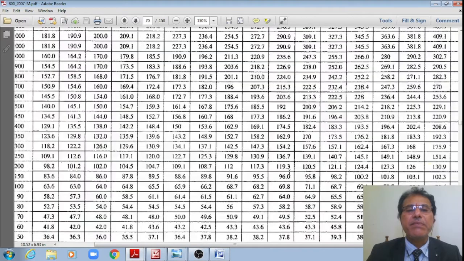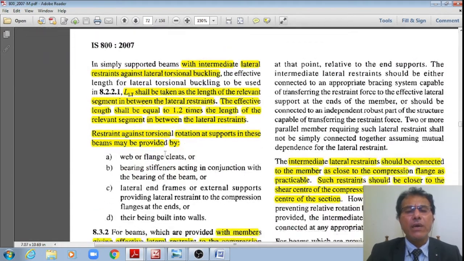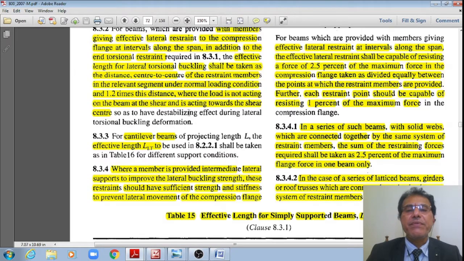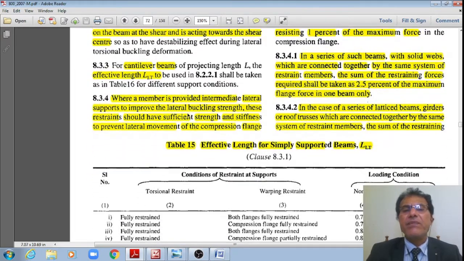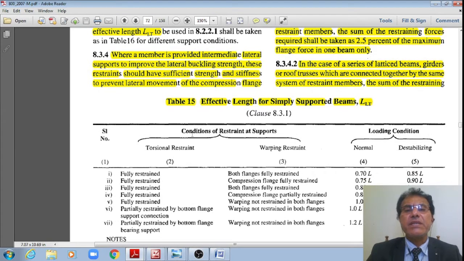Let us see the table 15, student, right? What is the table 15? However, now I'll examine that, right? In case of simply supported beams, let me see that table 15. This is the table 15, the effective length for simply supported beams, LLT, right? Now what is given is conditions of the restraints at support, right? One is torsional restraint and another is the warping restraint, and the loading conditions, the normal loading or the destabilizing,